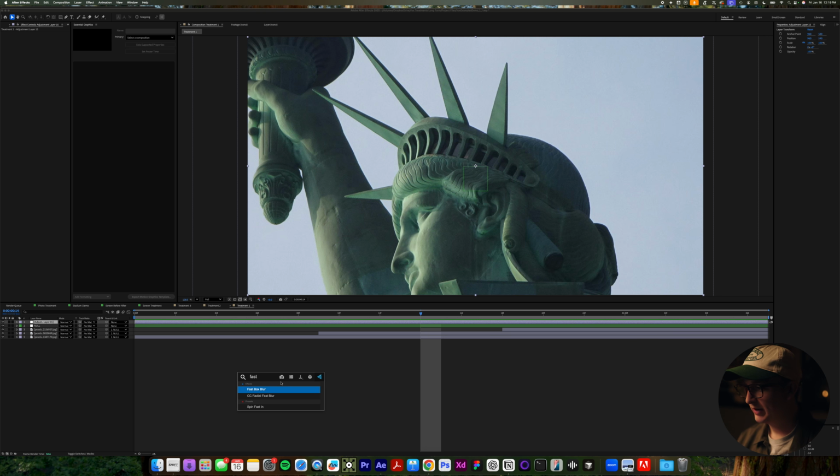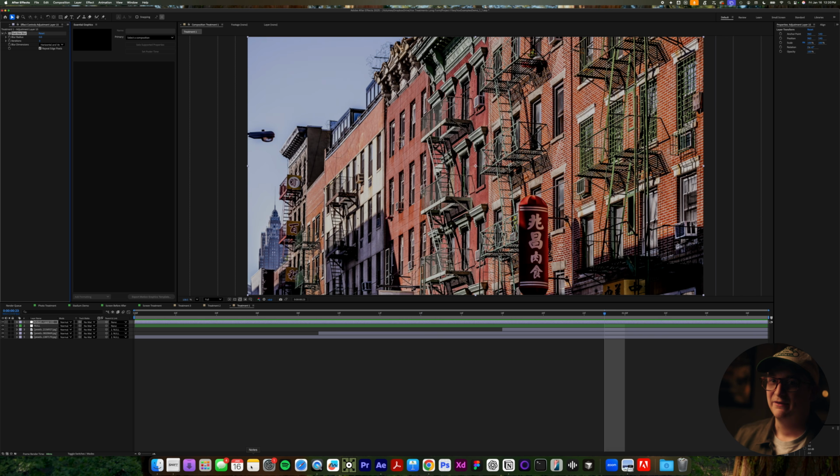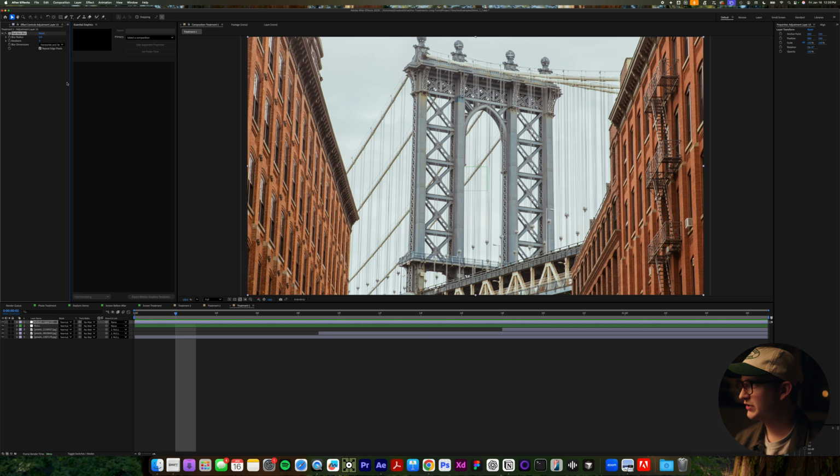So I'm going to do a Fast Box Blur, which for the record is not always the best blur that you're going to want to use, but you can also use a Camera Lens Blur, which typically looks nicer. It's just really render intensive. It might very well light your computer on fire, but it does look good if you've got a very high-end computer. So what we're going to do is add this blur radius and dial it up